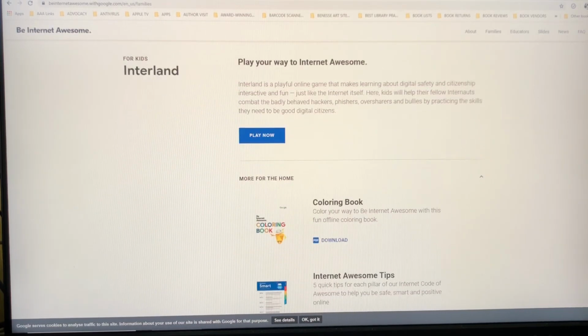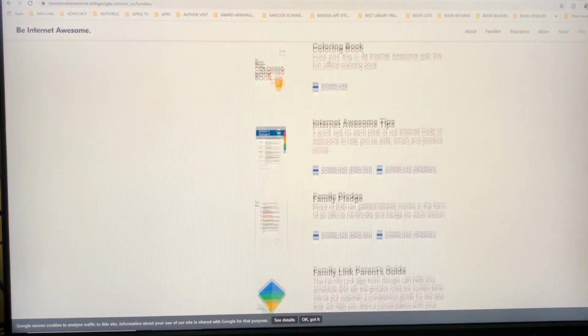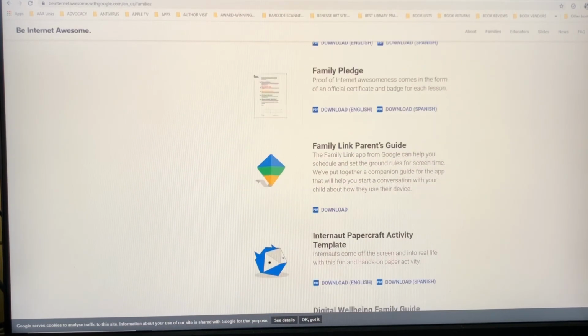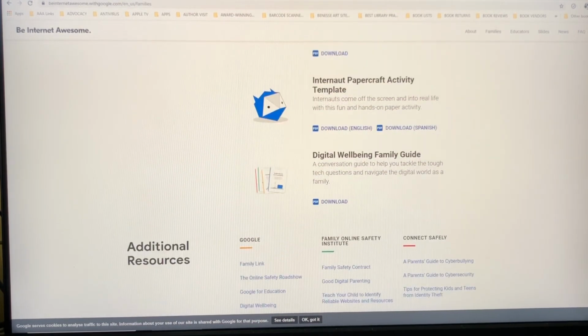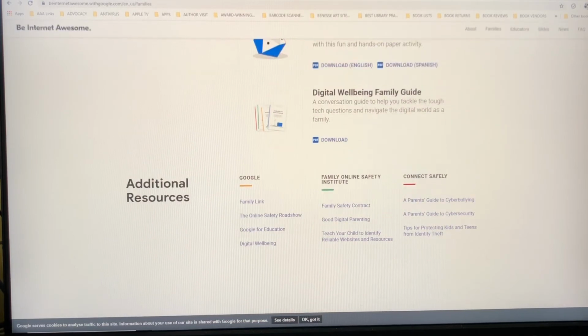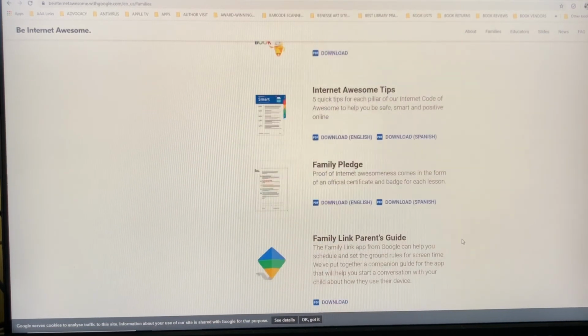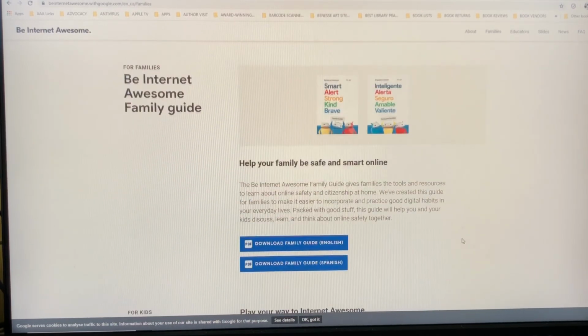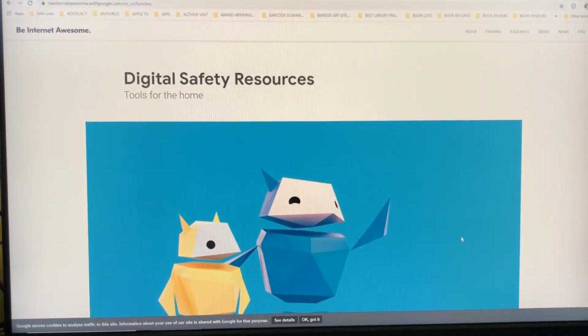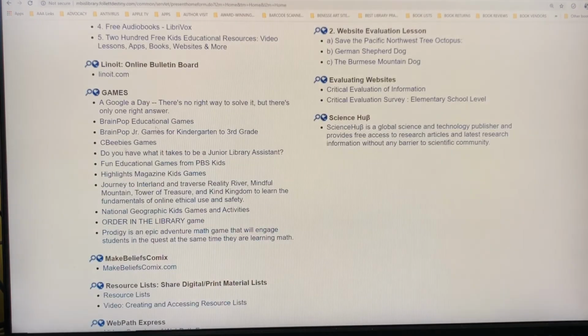And coloring books, internet tips, family pledges, and all kinds of helpful resources so that you will understand the concepts that go into this. For example, cyberbullying, cybersecurity, how to prevent identity theft, and other safety-oriented internet tools. Okay, let me go back to the game section.